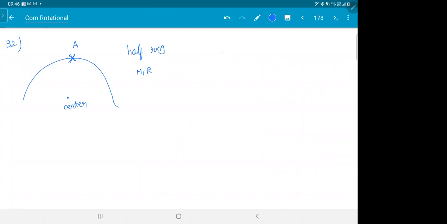It's like, you know, your calendar is there. How will your calendar go? Like this, it will slide on the wall. The ring is also sliding. Think of it like this: a nail is there, put a tongue cleaner on it. Are you able to visualize now? If you push the tongue cleaner, what will happen? It will rotate like this. It's a thing kept on the nail. So find the moment of inertia about that point.